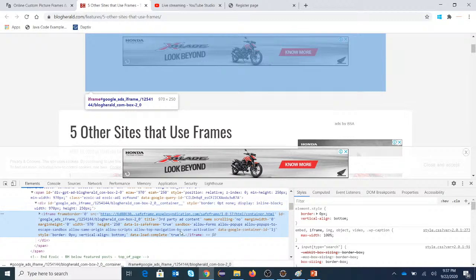Now I have a different ID. Let's say ID equals Google Ads iframe and something .com box 2_0. In the same way, if you can see, the title is third party ad content, whereas the name is something, and all these attributes. So this is my tag, and whatever others you can see are all my attributes. Now all the attributes are holding their values here. Now my important thing is